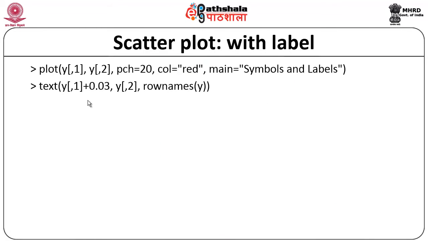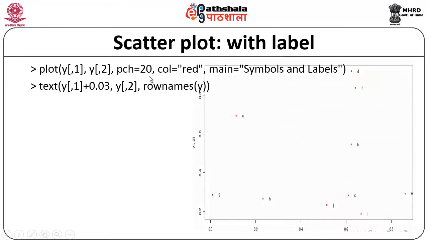Now, suppose you want to generate labels in the scatter plot, then how do you add labels? Labels are normally text values. So, what you need to do is call the plot function followed by the text function. This text function will generate various text labels and then attach those labels to the random points which are generated. So, if you execute these two commands, then you may end up with a scatter plot like this.